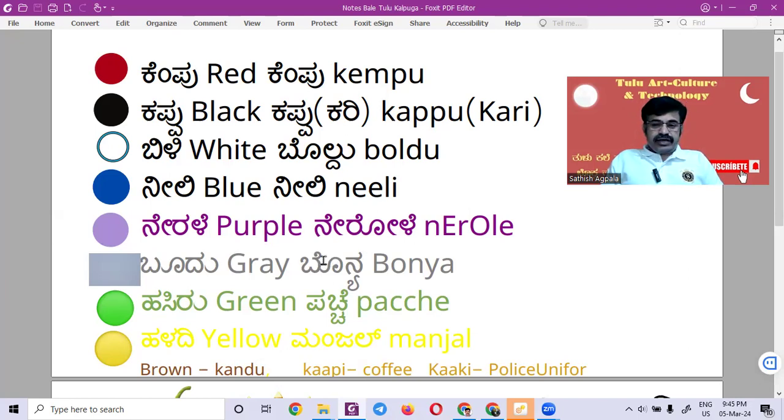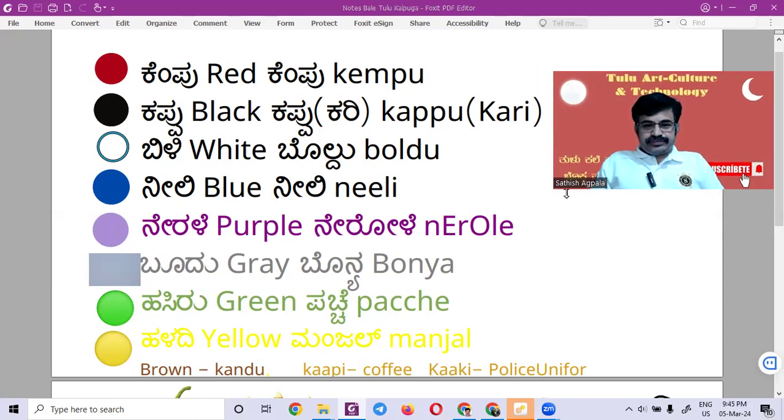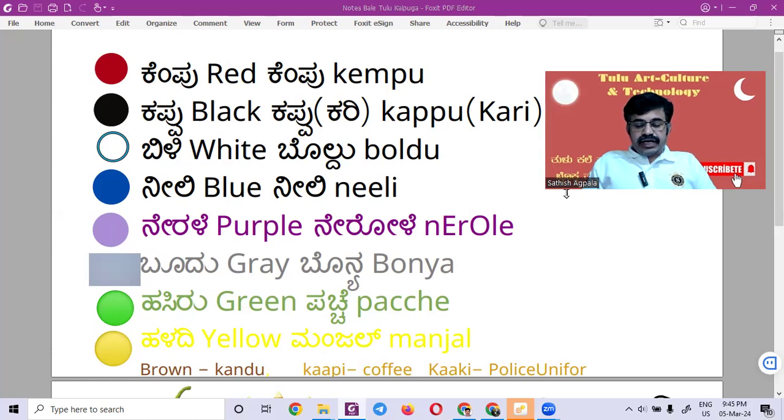Okay, this is the derived colors. Normally RGB, red, green, blue, these are the basic colors on the basis of science. Okay, in Yakshagana or Bhutaradhane, the colors are called by different names. For red it is Ingalika in Yakshagana. White is Safeda.